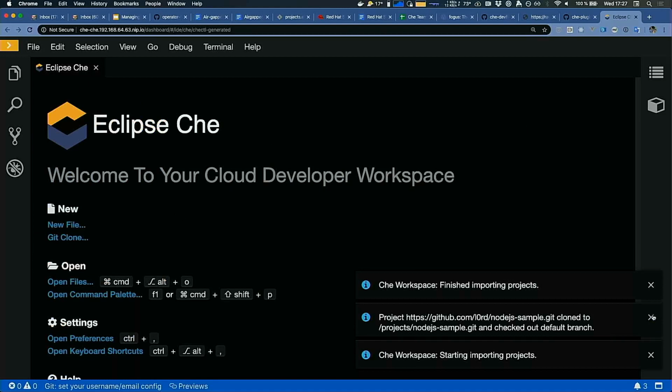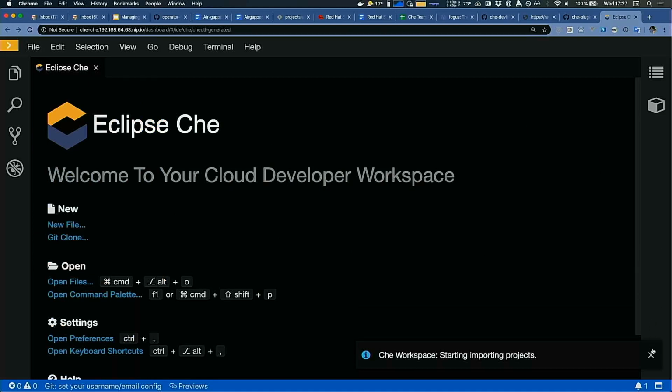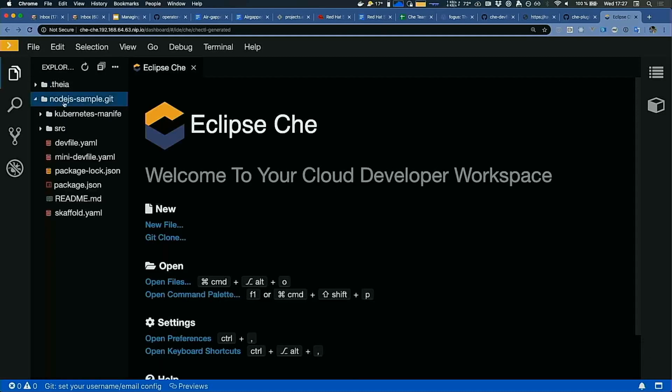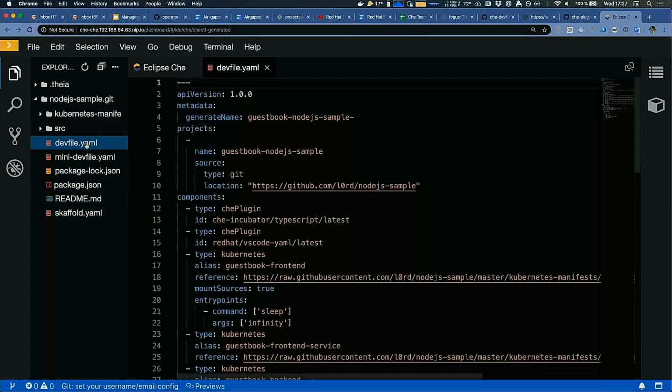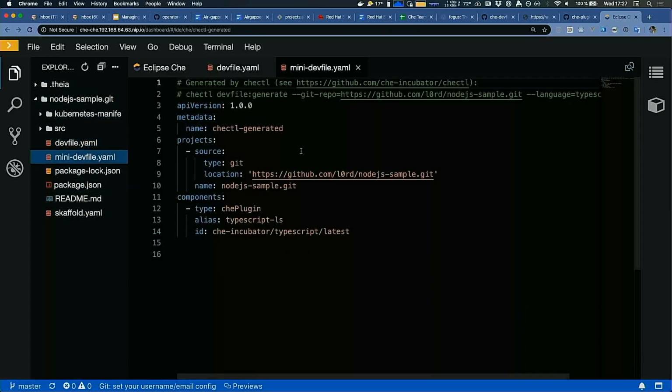The project has been cloned, and so now, with these few lines here, you have your development environment. What we haven't done yet is inject the Kubernetes application. That's because we have used this short devfile.